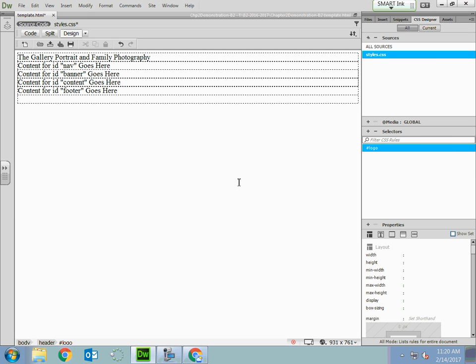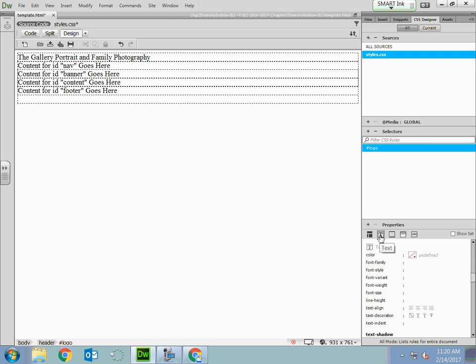Now, you all look at this menu right here. This part right here are your layout options. This is where you can go and change the actual physical layout of that section. You can change the height, width, all of that good stuff. We're going to change padding here in a moment. If you click on that T right there,